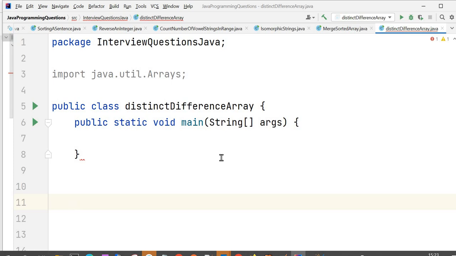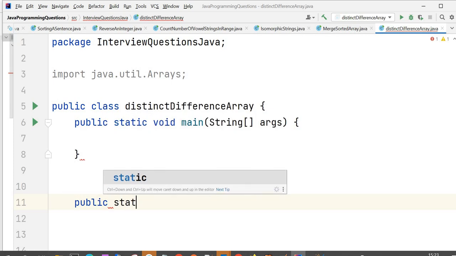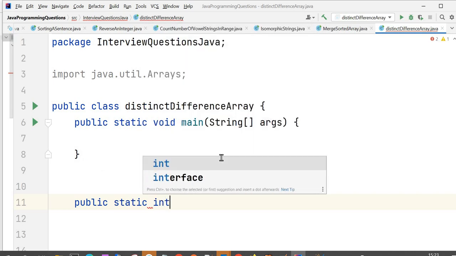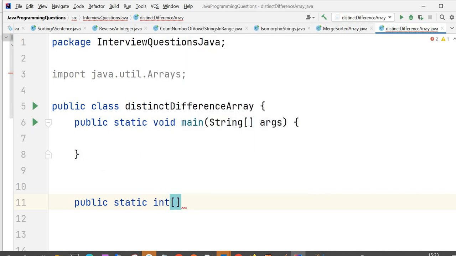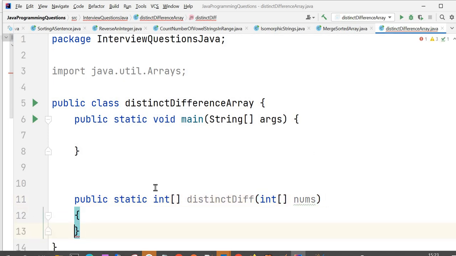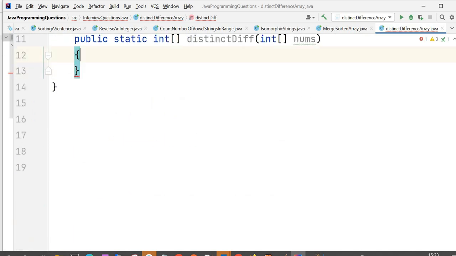So this is our class, distinct difference array. Now let's write the method for it. That would be public static int array, since we are going to return the distinct difference array, and it would expect one input, that is the nums array, right? Before writing this function, let's write one function to count the distinct elements.